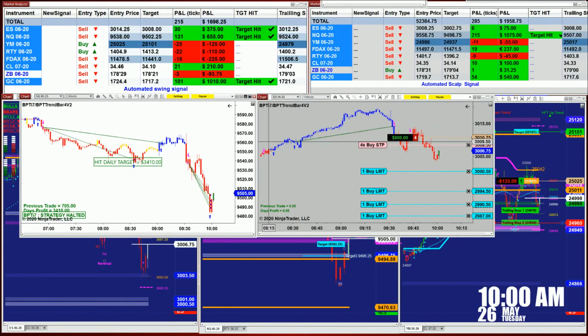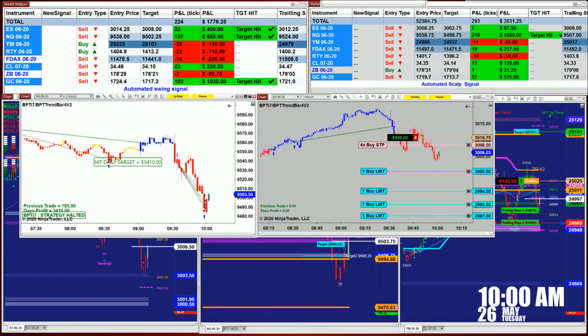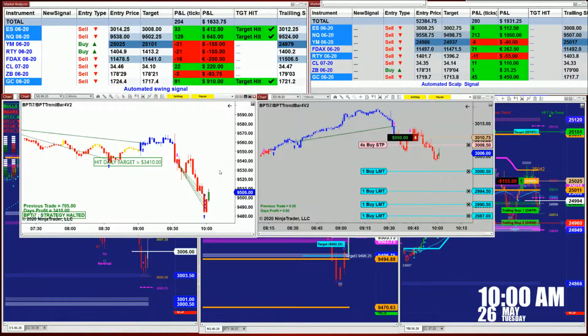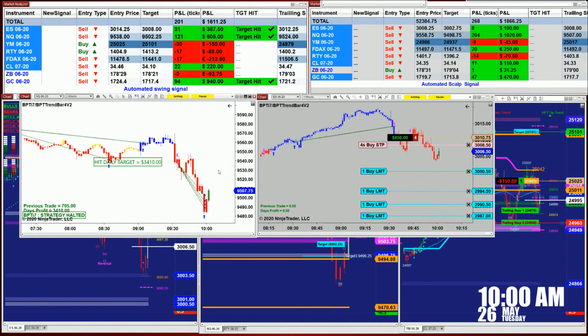So the secret is, and the way it has taken that trade, and as you see how this market did, we maximize the profit on the NASDAQ. We didn't miss anything on it, and we let the auto trade decide when it's going to close a position if the market turned back. We can set the target where we want it, but there is no trailing stop. When the market changes direction, it's gonna close automatically.